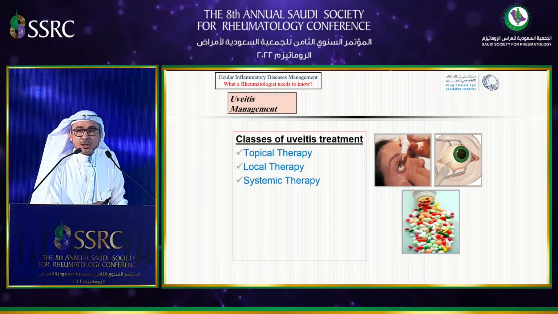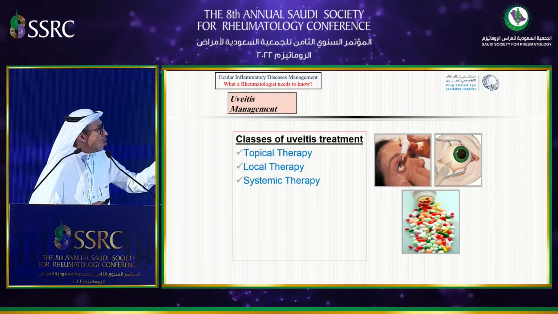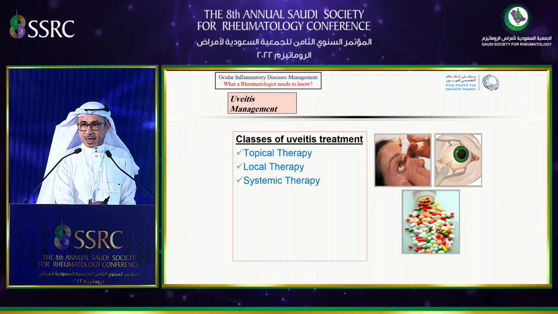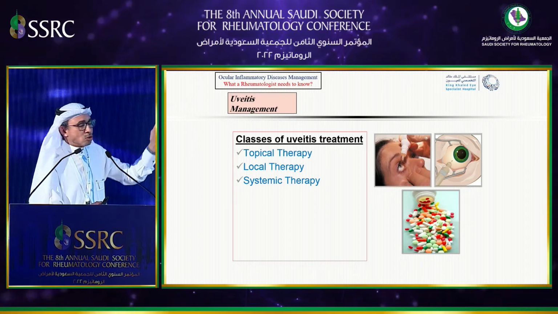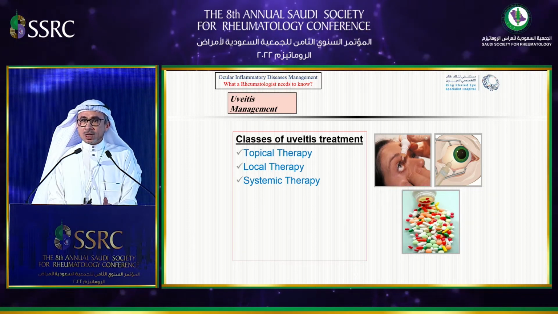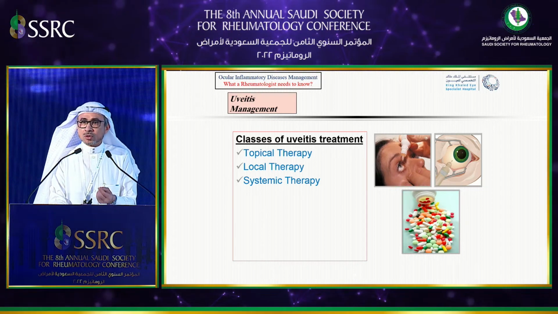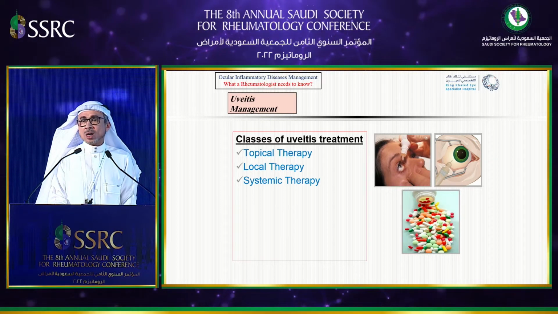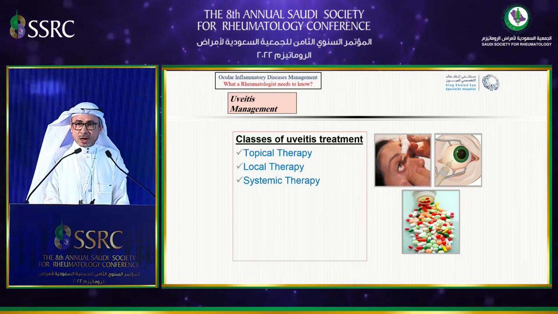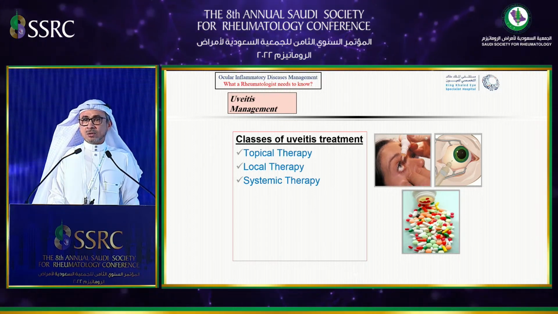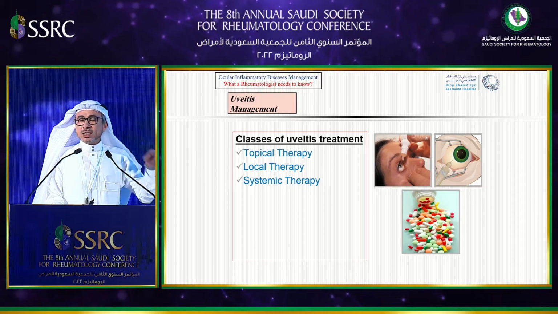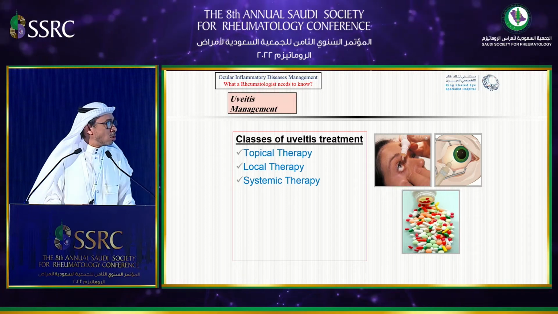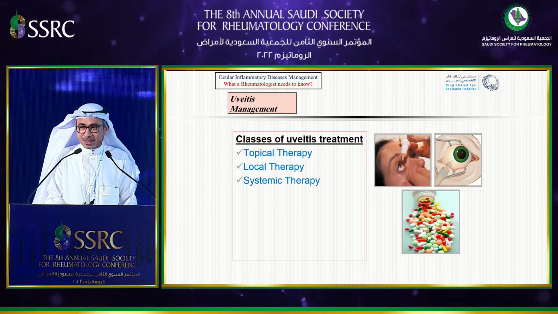Simply, our treatment is either topical, local, or systemic therapy. These are just small words, but for us they mean a lot. When we start topical therapy, it could be steroidal or non-steroidal, or sometimes some sort of immunosuppressive medication designed for intraocular use. Then we have local therapy, either used as sub-Tenon or intravitreal, either steroids in implants, short-acting or long-acting. Then systemic therapy, and you are the master of that.